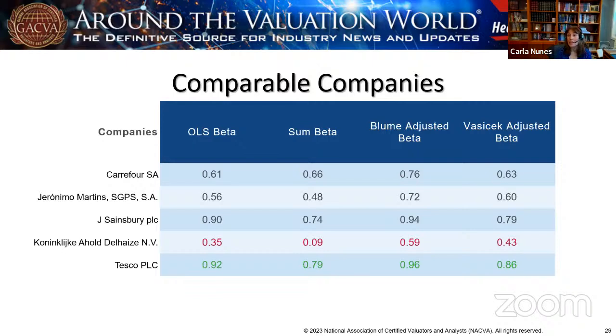Now, I am not a huge fan of Bloom in the following sense. If you actually read the paper, which I have, the 2/3, 1/3, and I'm just using 2/3, 1/3, but it's not exactly that, it's more like 0.37, something like that. It's based on an average of various periods. So what Bloom did is he looked at the data from the 1920s all the way till the early 1960s. And he said, if I do rolling monthly betas over 7-year periods, the ratio of the move towards 1